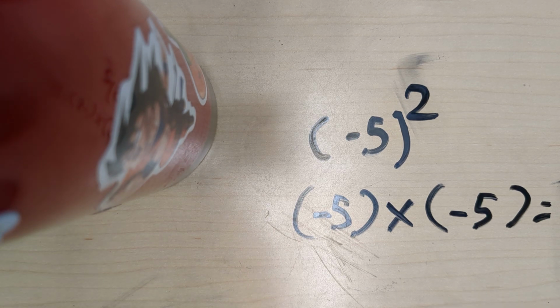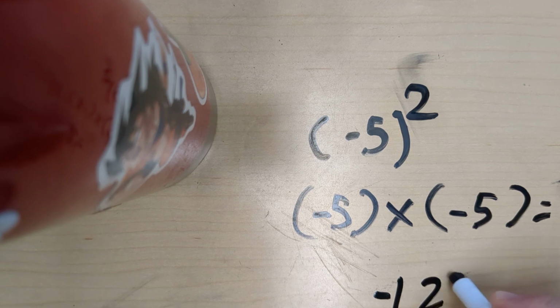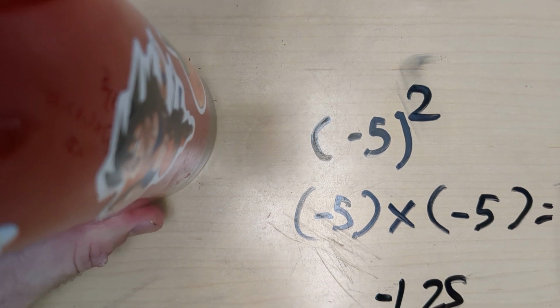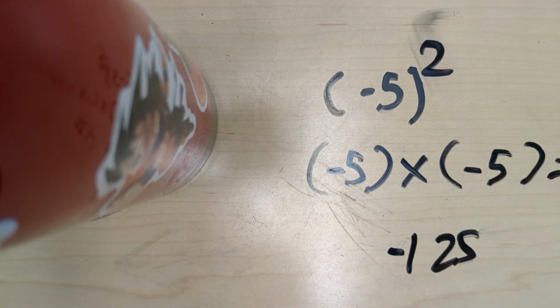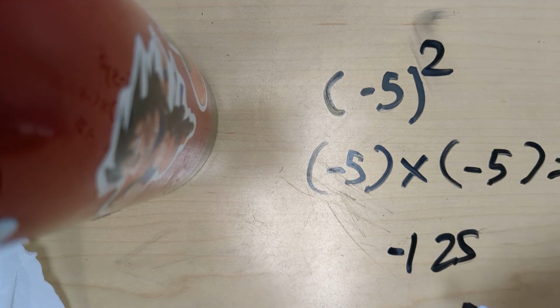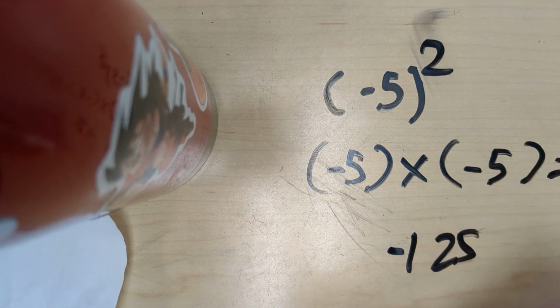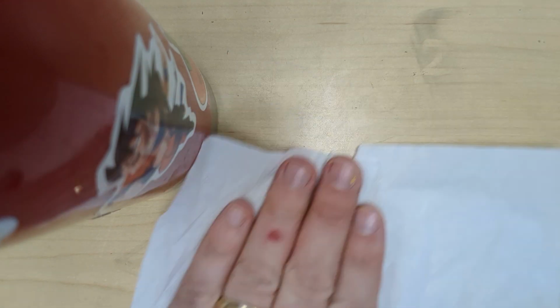If we were to then multiply by a negative number a third time, which is why we ended up with that negative 125 earlier, we're going to end up with that negative 125. Because those negative multiples, every time we multiply by them, kind of swing the number in the other direction